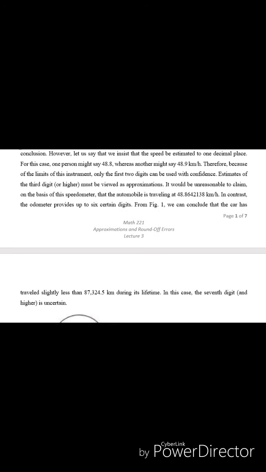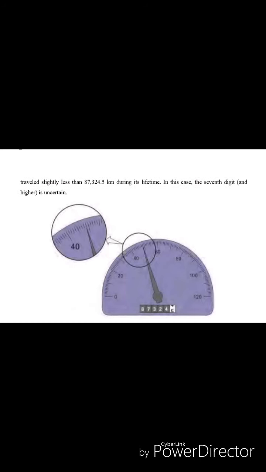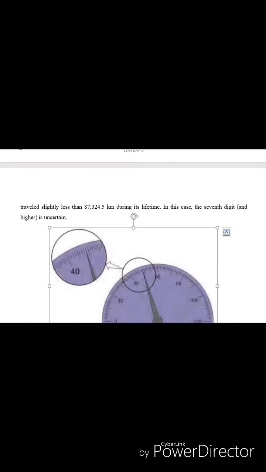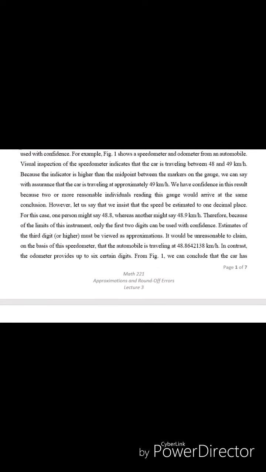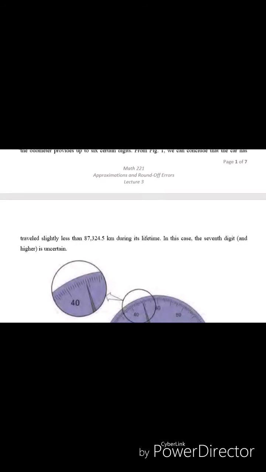But we cannot also say that it is traveling, for example, with 48.8642138 due to the limitation of the speedometer. So sometimes it is safe to say, due to its limitation, safe pa rin na sasabihin natin that this car or this vehicle is traveling with the speed of, or with the velocity of 49 kilometers per hour. And considering its odometer, this was the odometer, the car has traveled